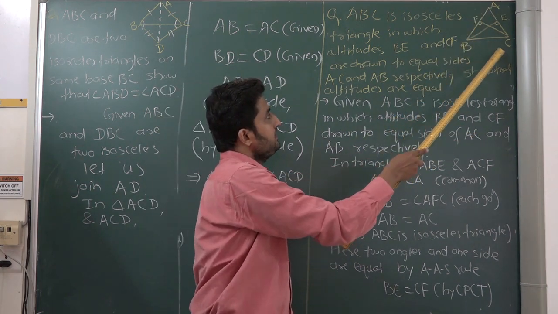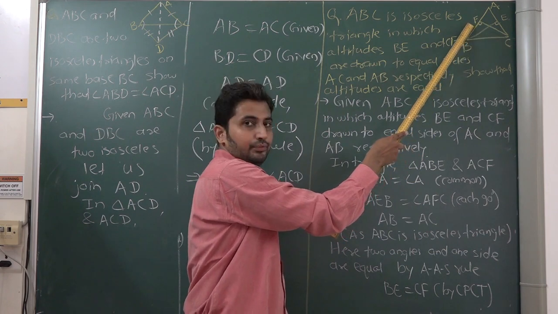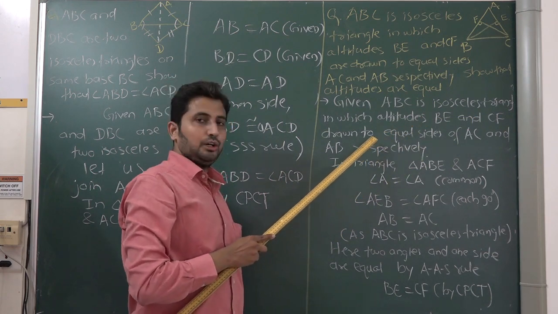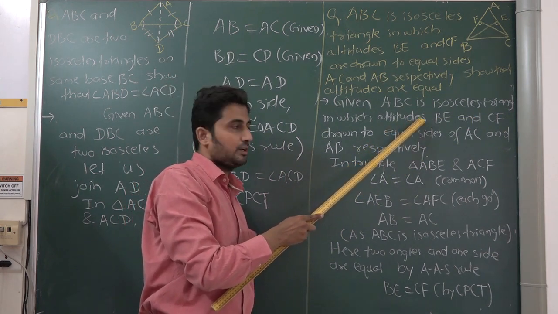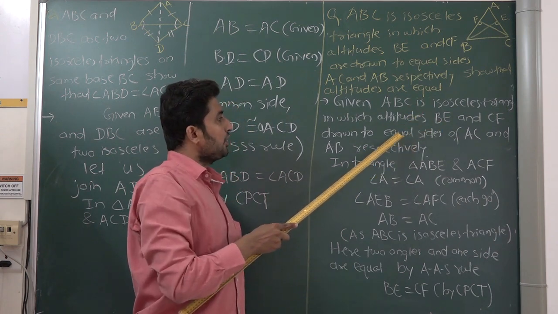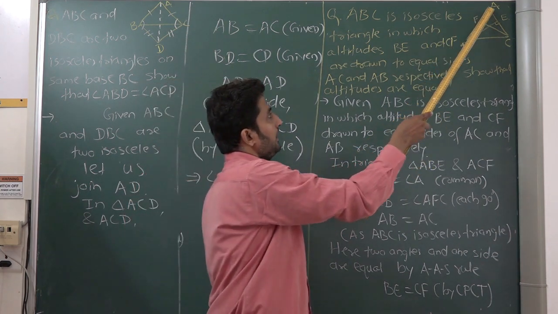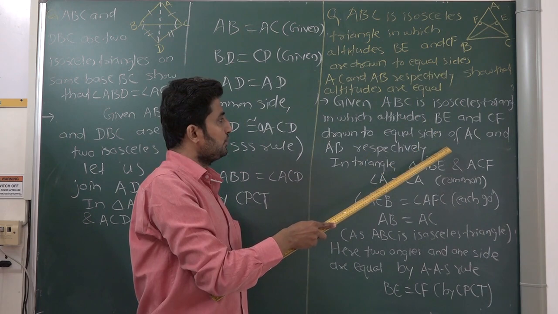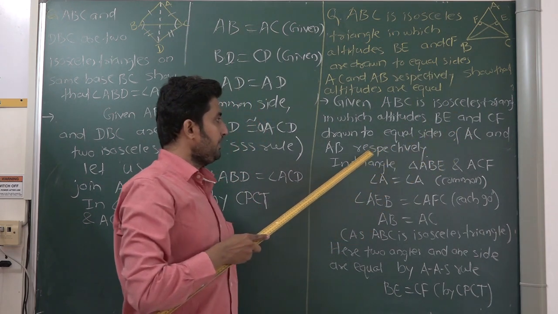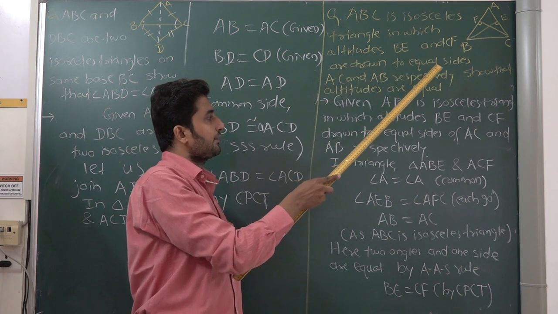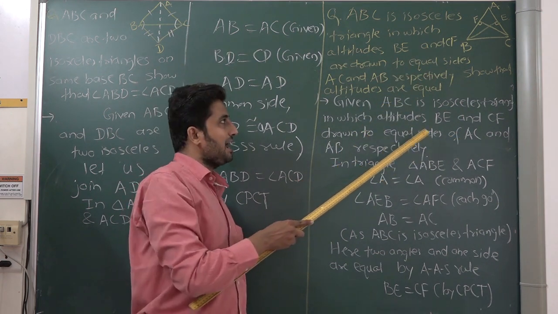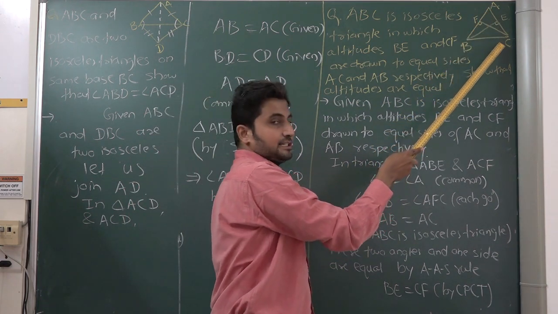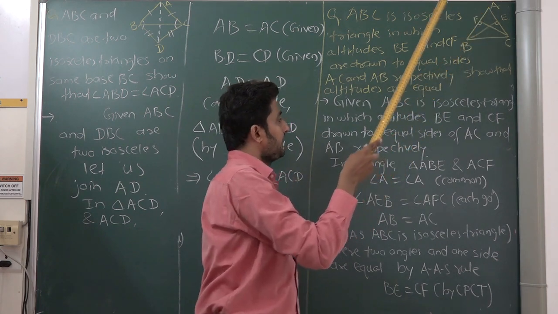Now in triangle ABC, this side CF and side BE are known as the altitudes. So if it is an altitude, then it is drawn to the equal side. AC and AB, the sides are equal as it is an isosceles triangle. So altitudes are drawn onto the equal sides AB and AC respectively. BE is on AC and CF is on AB.